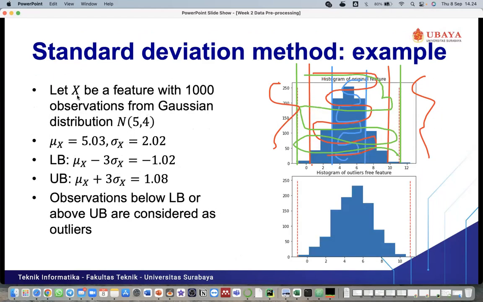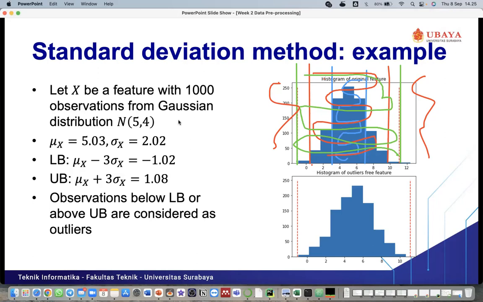Let X be a feature with 1000 observations. So we have 1000 samples from a Gaussian distribution with mean 5 and variance 4. If we calculate the standard deviation, it is the square root of 4, 2.02.